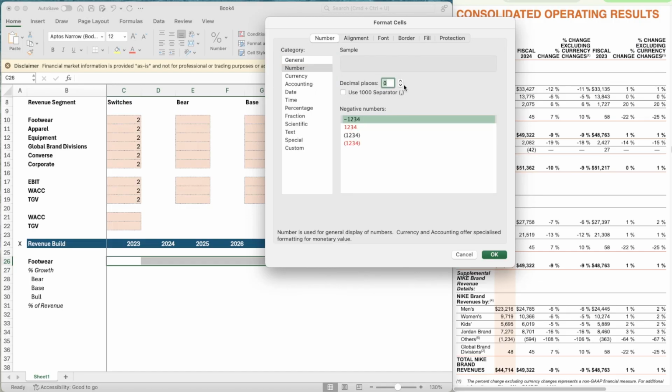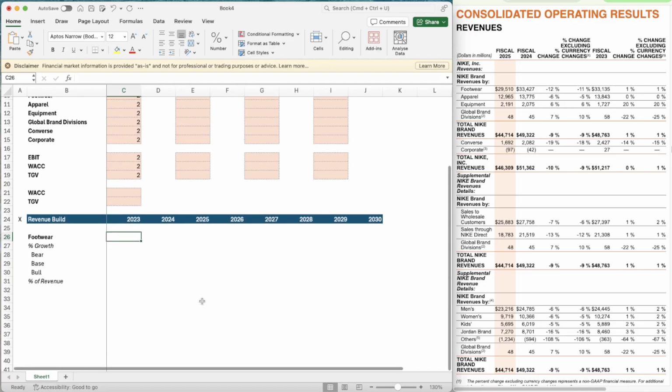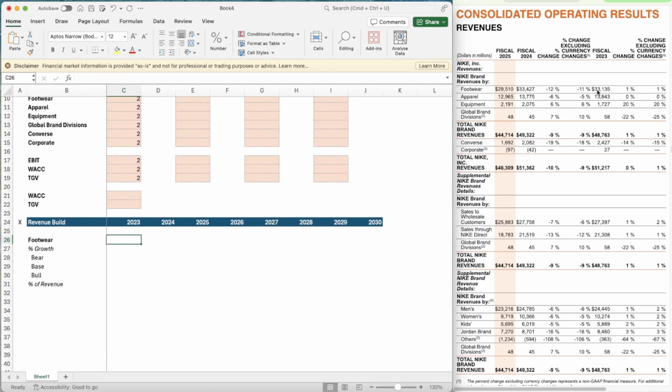Go number, remove the decimals, use a 1,000 separator, and for negative numbers use brackets. Okay, so for 2023, we did 33,135. And these are in millions, so the revenue for 2023 was just over 33 billion. 3347 for the following year, 29510. To work out the percentage growth, you just take the year that you're in, divided by the previous year,